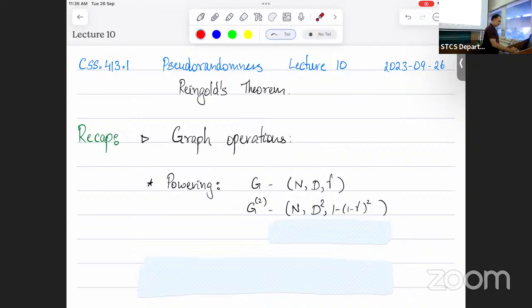Okay, so this is lecture 10, and today we're going to be doing Reingold's theorem, which is something that I mentioned earlier, which is that undirected graph ST connectivity can actually be done in log space. It's a rather beautiful result,